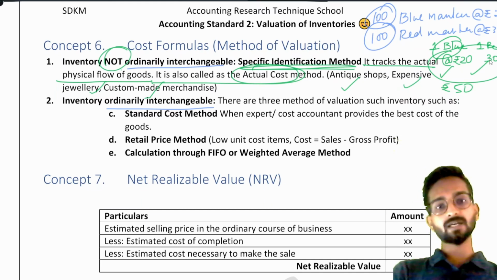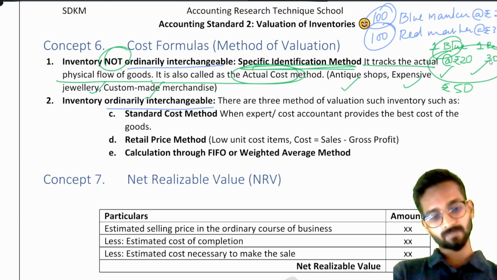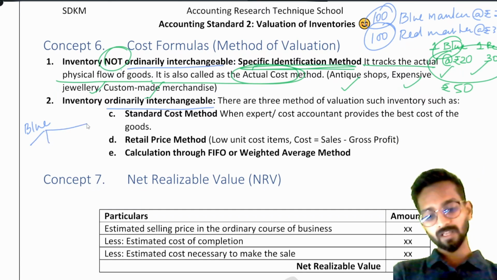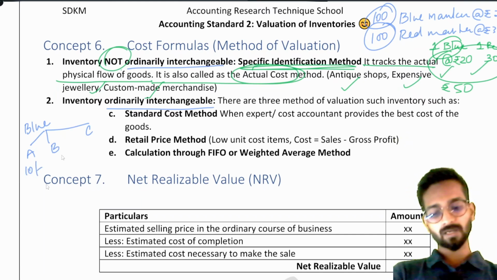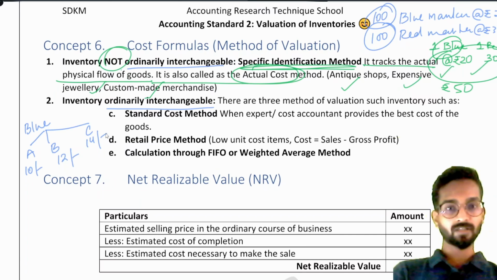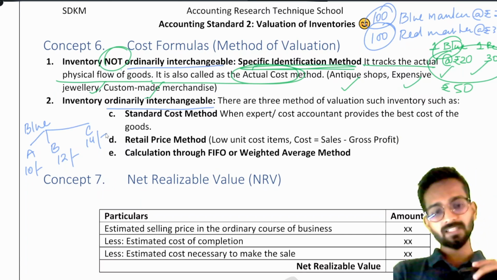Sir, what will be the example of ordinary interchangeable? See, suppose you are in the business of markers only and you are purchasing blue markers. You purchased blue markers from 3 people, A Limited, B Limited and C Limited. When you purchased from A Limited, it costed you 10 rupees per blue marker. When you purchased from B Limited, it costed you 12 rupees per marker. When you purchased from C Limited, it costed you 14 rupees per marker. Understood? Now suppose at the year end,